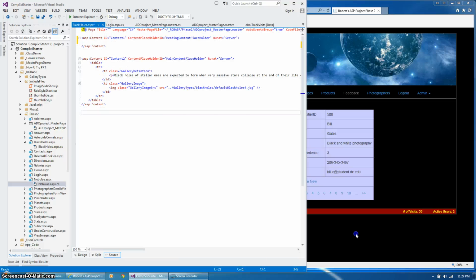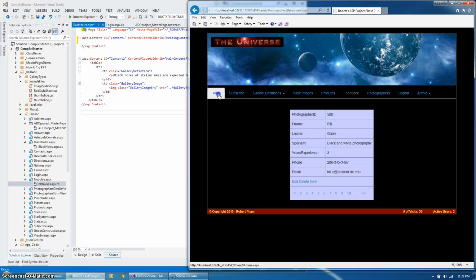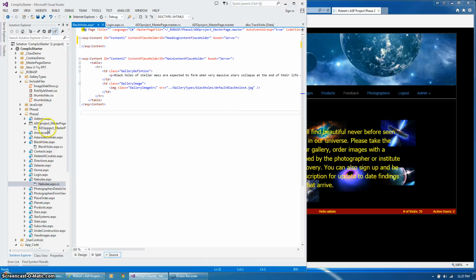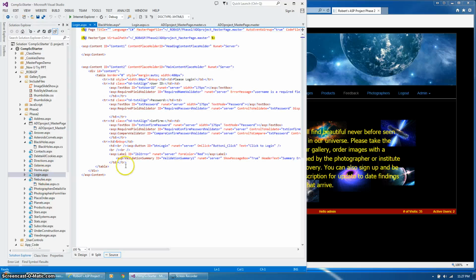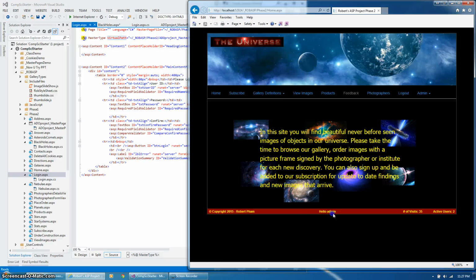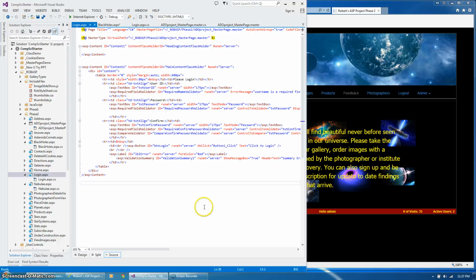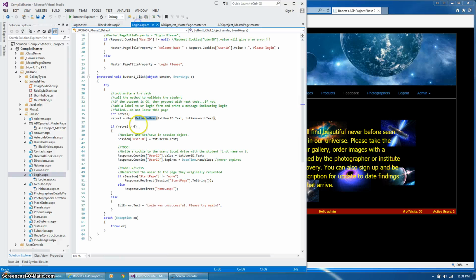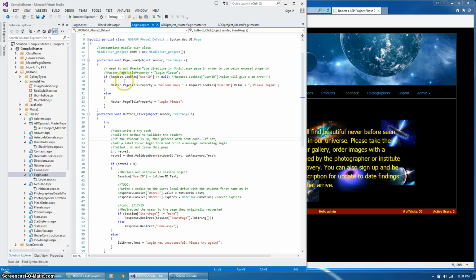We also, for the label, here we used, I believe, the master type virtual path, so that way we're exposing the property in order to edit this field here. As you can see, the master page title property, we're able to manipulate that,